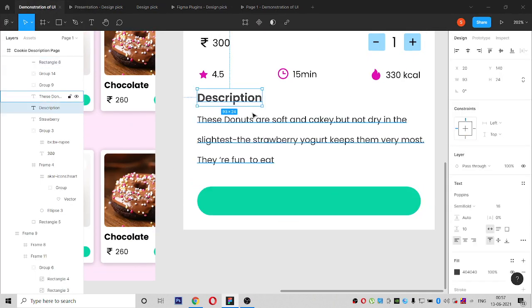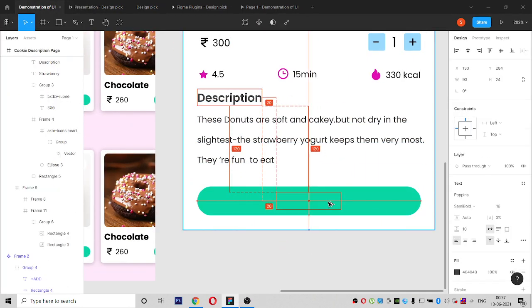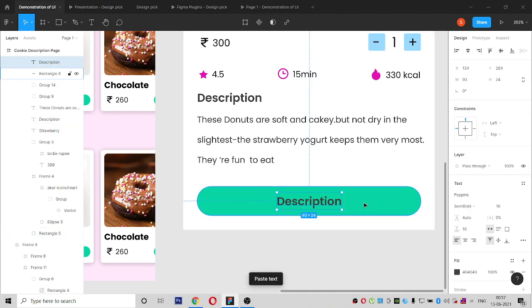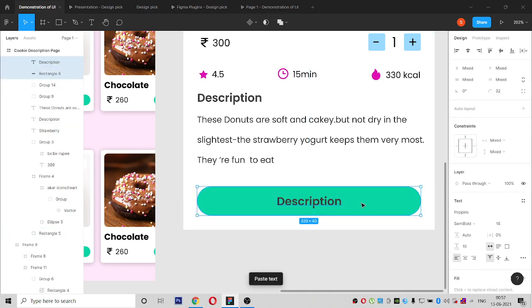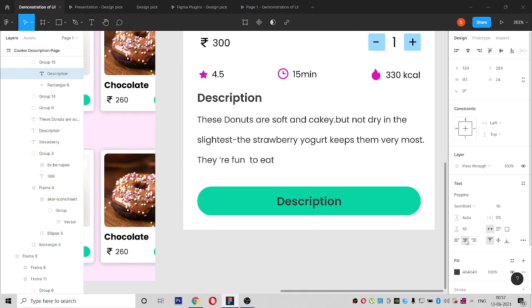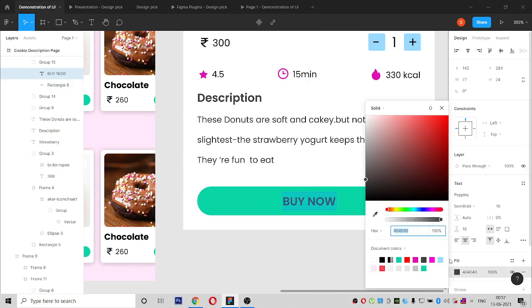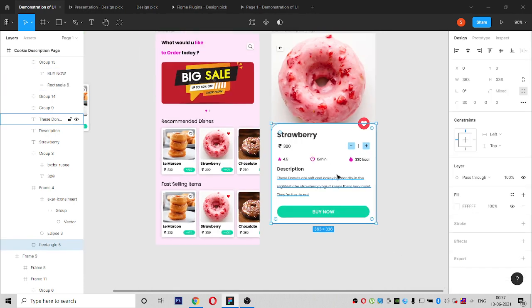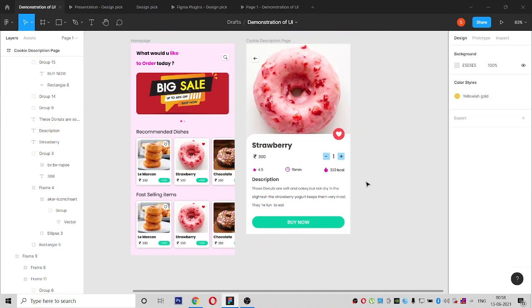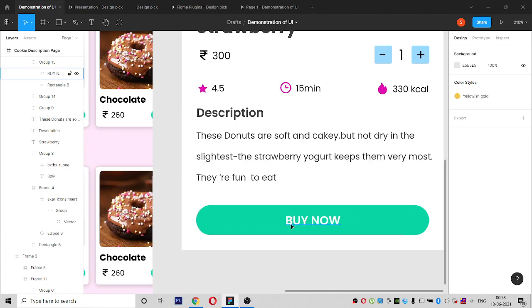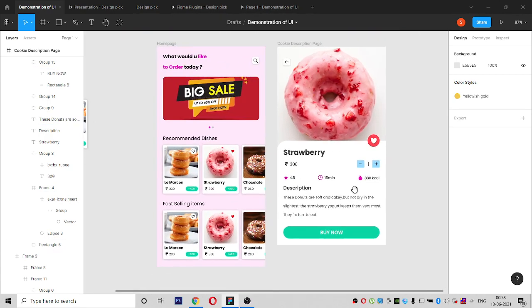So we have to place this buy now button to this button. So how is the design looking now? It's looking good.